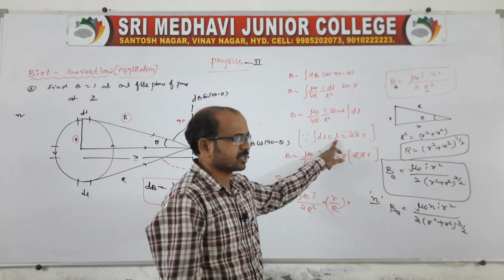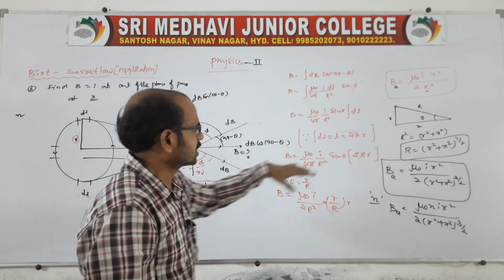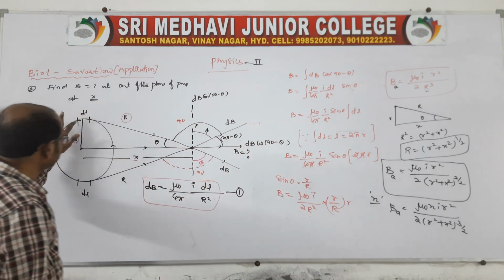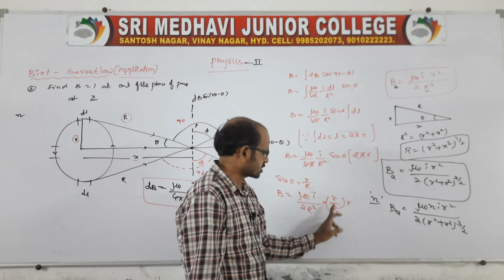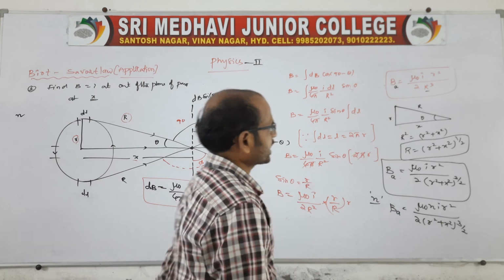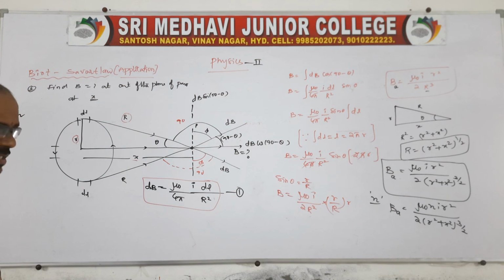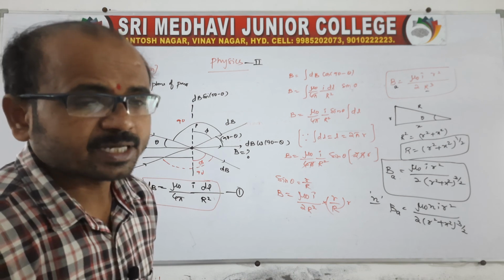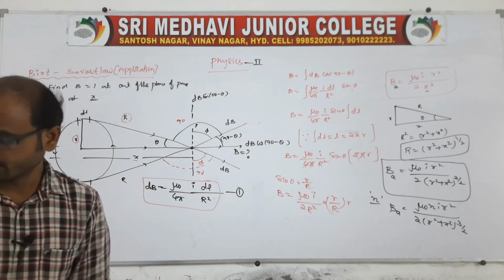Then integral dl is nothing but the total length of the circular coil, which is equal to the circumference of a circle, 2 pi r, because small r is the radius of the circular coil. Sin theta is nothing but, from this triangle, opposite by hypotenuse. Here you write therefore r square, r into r square, r into r is r cube. In the same way you get capital R also by using a triangle. Therefore BA on the axial line is equal to mu naught I r square by 2 into (r square plus x square) whole power 3 by 2. So this is the derivation on the axial line. Magnetic induction on the axial line will be like this.